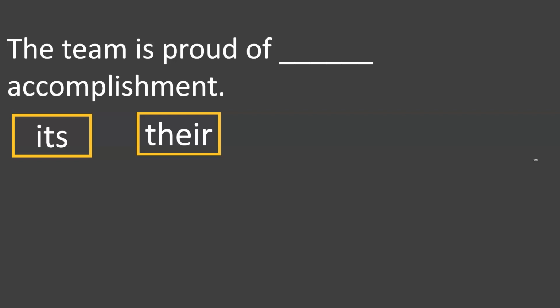Even though a team contains many players or many people, the word team is singular actually. It describes one group of people. One group of players is proud of its accomplishment. Look at the action word. Notice that the sentence says the team is and not the team are. That's another clue that the noun is singular. Since the noun is singular, the pronoun that I use to talk about it has to be singular too.